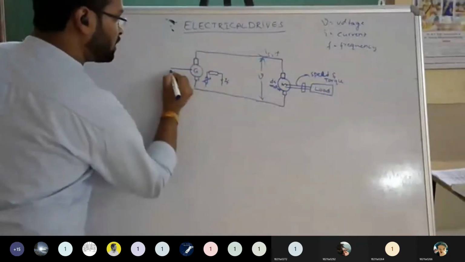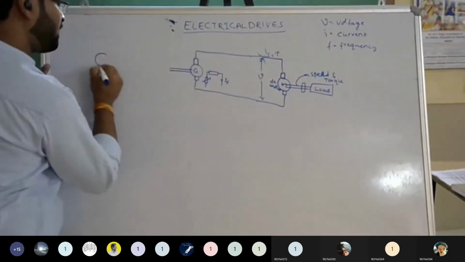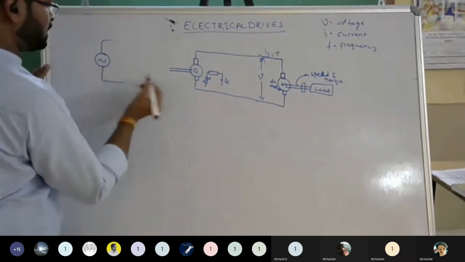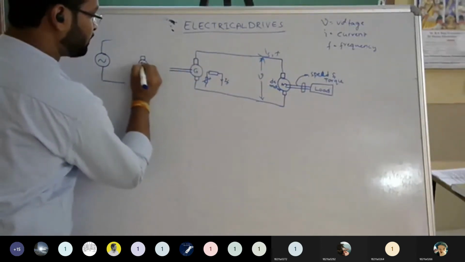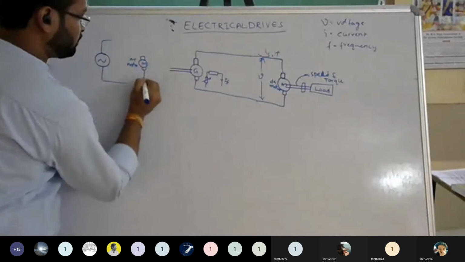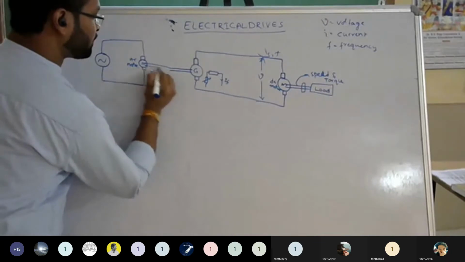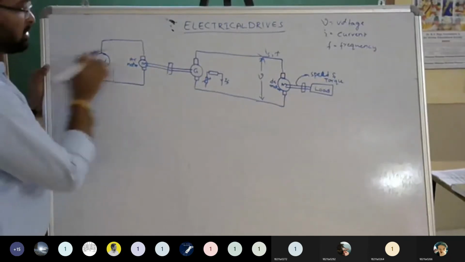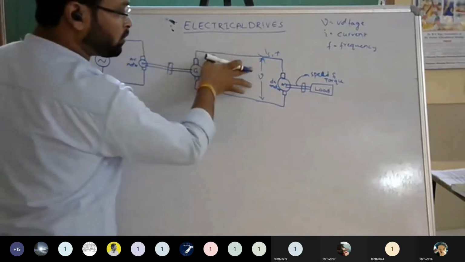So we have to give some mechanical energy to this one. What source do we generally have available? We have an AC source available everywhere, a single phase AC grid. To drive this, we want mechanical energy. That mechanical energy will come from the AC motor. So this is the AC motor. This AC motor will be coupled with the shaft of this generator. We give AC supply to the motor, the motor drives the generator, and that generator supplies the voltage to the DC motor.